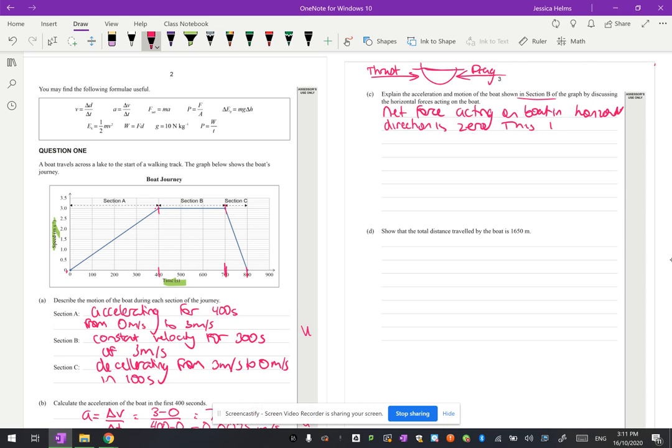This is because the thrust force is equal to the drag, and so therefore the net force equals 0, and as a result the forces are balanced,